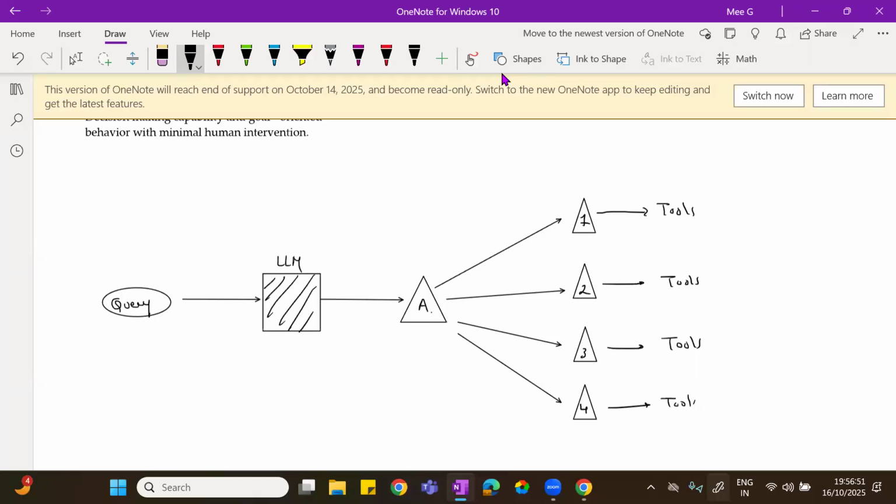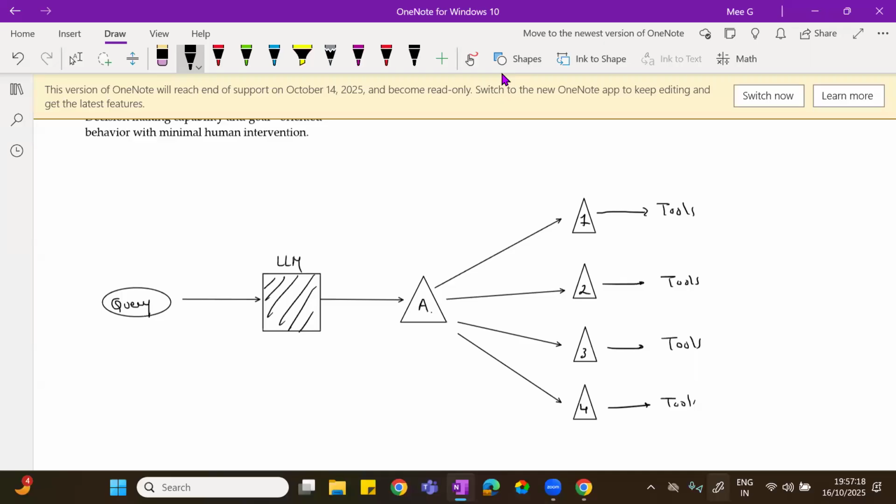Like you are asking to plan a trip to a nearby country around 2,000 kilometers away, and you gave the budget also. It will allocate one task to each of four agents. One will find the destination, which is around 2,000 kilometers.